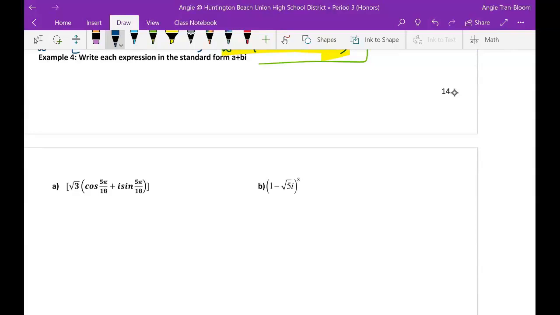Write each expression in standard form of a plus bi. I have some space there, so I guess we'll start down here. A plus bi is the same as just x plus yi, so don't be stressed out if you see different variables. So radical 3, as you can see,